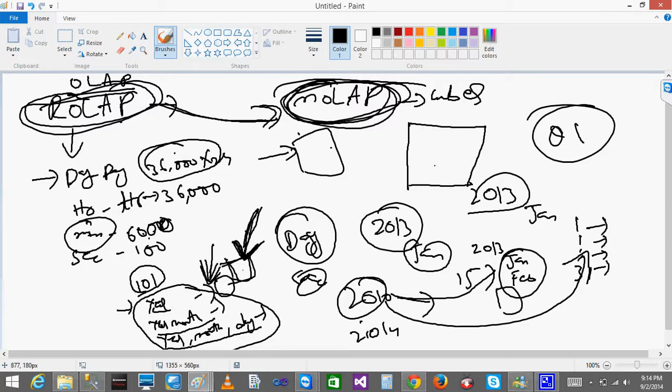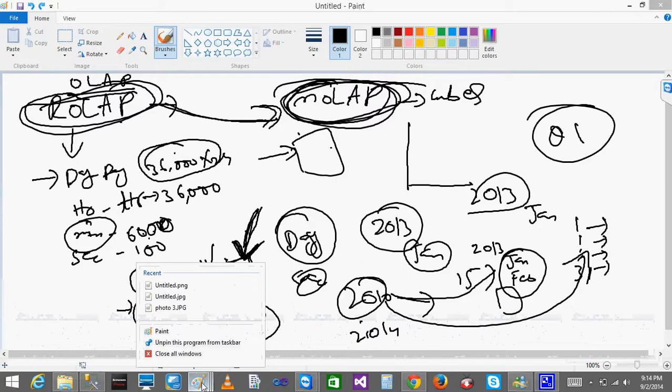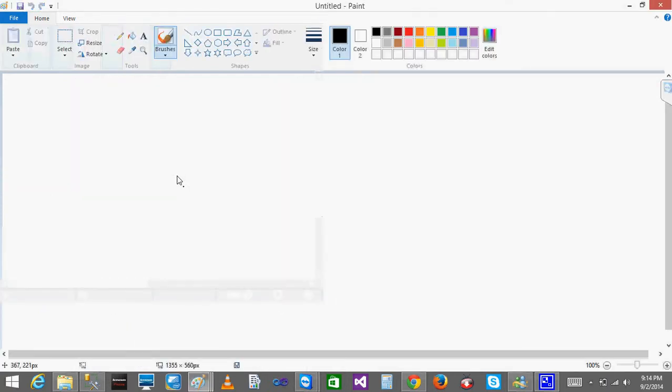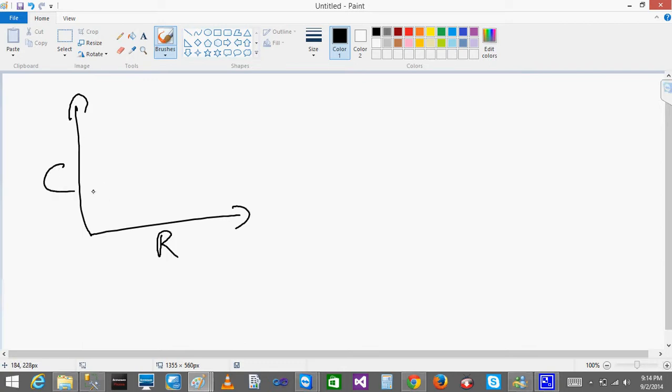Let's say you have 2 dimensions. What is 2-dimensional? I'll write it on another pad. Currently your table stores the data in 2 dimensions: it stores rows and columns. But you might have one more dimension. Let's say it will store the data for 2011, that is a total sales for